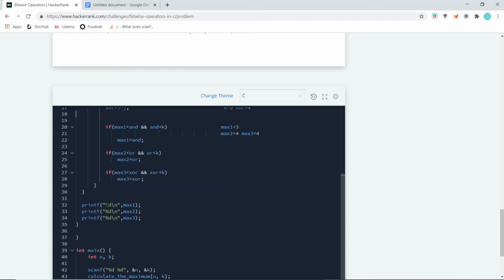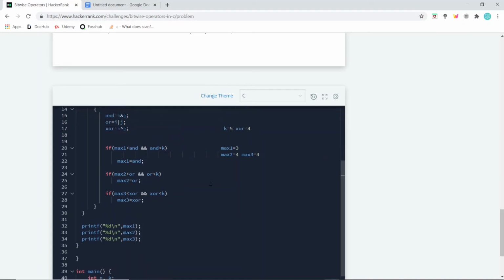Remember, printf is used in C for outputting some values onto the screen, and we have the %d inside double quotes to represent that we are printing an integer. We have \n for representing the moving to next line. This represents that we will print the next value in the next line. So maximum 2 will be printed in the next line. This means the maximum 3 value will be printed in the next line. So these 3 values will be printed in their individual lines.